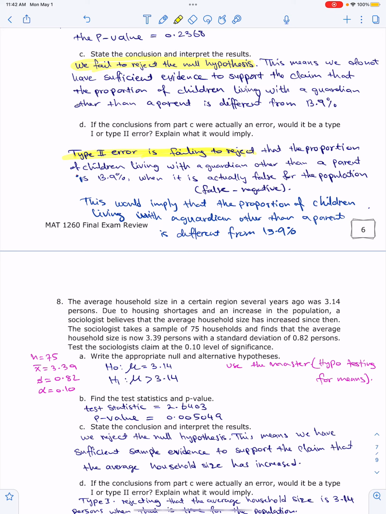this implies that the proportion of children living with a guardian other than parents is actually different from 13.9, which is basically the alternative hypothesis is true. So failing to reject the null hypothesis when the alternative is true is type 2 error. Now, saying that the alternative is true implies that the proportion of children living with a guardian other than a parent is different from 13.9. So that is the answer for question number